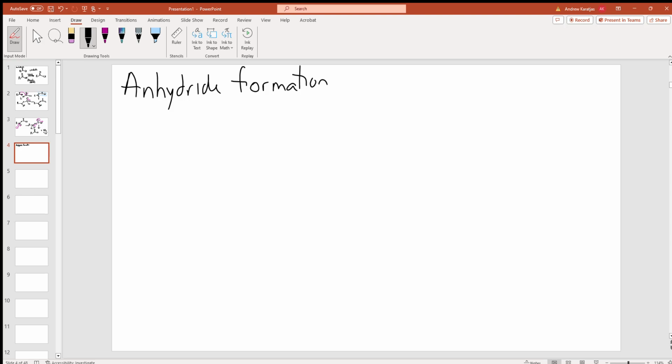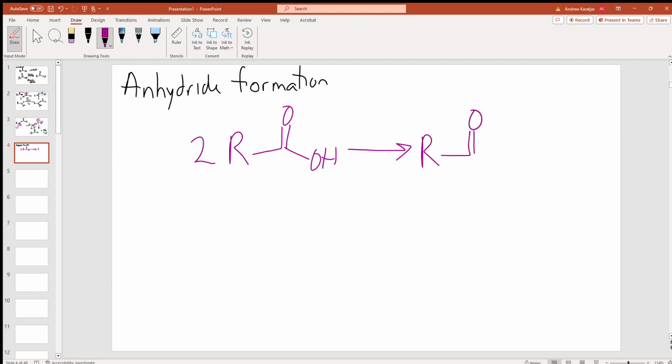Now, there are two primary ways to make anhydrides. One is that you can, in certain cases, take a carboxylic acid and dimerize it. And that can be helpful. The biggest problem here is that this is only useful if you want an anhydride where your two R groups are the same. So for the purposes of this video, we're going to talk about the other primary method for